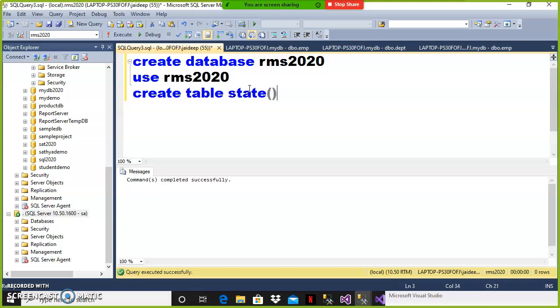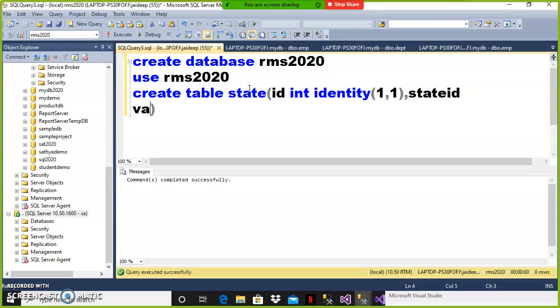Create table, table name state, column name ID, data type int, and here I'll apply identity with starting number, comma, increment by. Is it clear? Starting number is 1, increment by is 1. And here I'll give the column name state ID, data type varchar of 50, and I'll apply primary key.